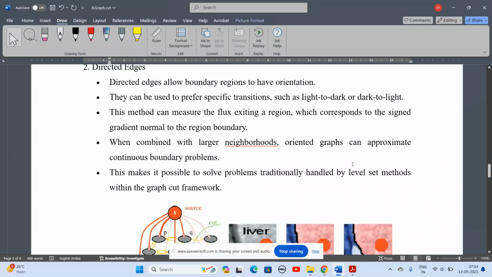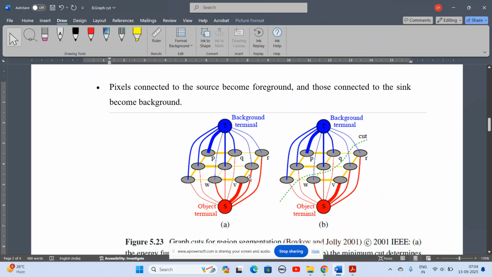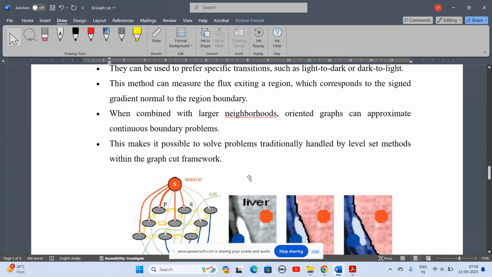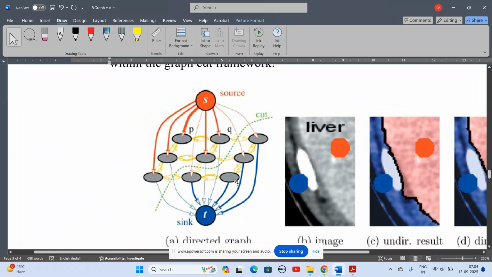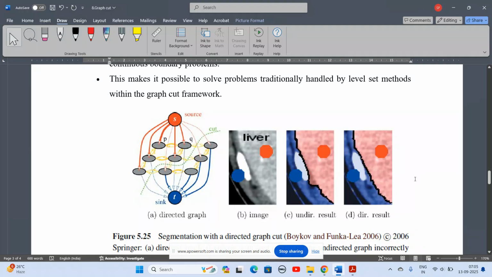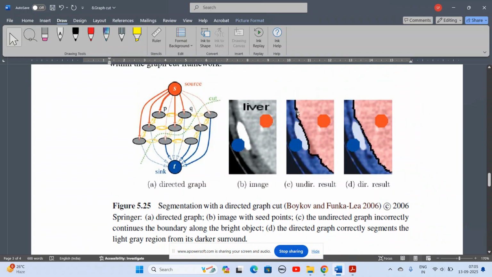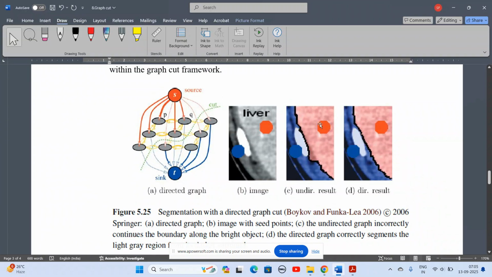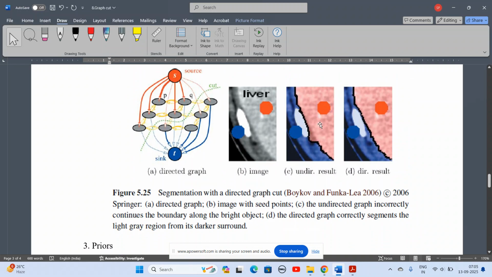The next one is the directed graph. In the previous graph cut we saw an undirected graph, but in the case of directed edges you could see there is a connectivity direction. An arrow mark is shown, and it represents the connectivity. Here we have an image showing the undirected result and the directed result. The directed result is much better in segmenting the image than the undirected one. Here you could see somewhat wavy results. Let us see very quickly how the directed edge gives better results. It will focus on the arrow mark. We'll draw an arrow mark